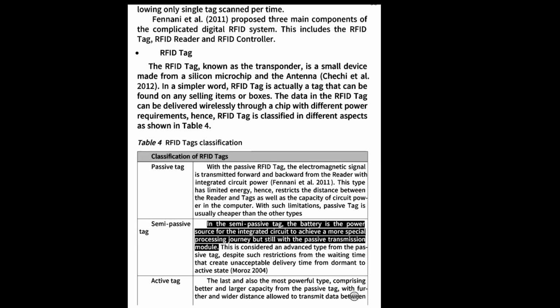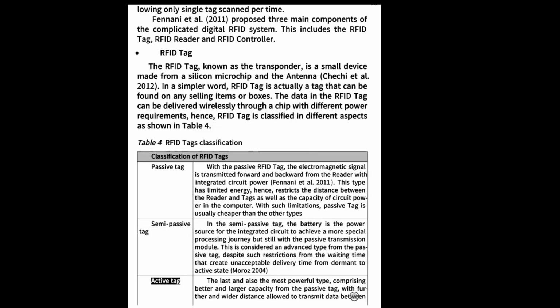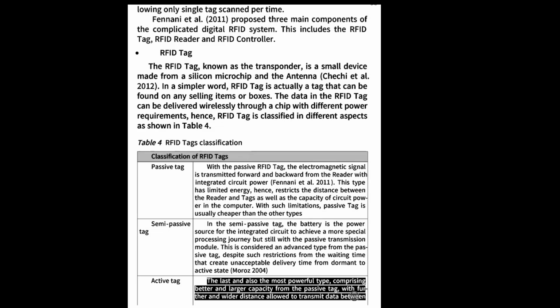Semi-passive tag: In the semi-passive tag, the battery is the power source for the integrated circuit to achieve a more special processing journey but still with the passive transmission module. This is considered an advanced type from the passive tag, despite such restrictions from the waiting time that create unacceptable delivery time from dormant to active state. Morose 2004. Active tag: The last and also the most powerful type, comprising better and larger capacity from the passive